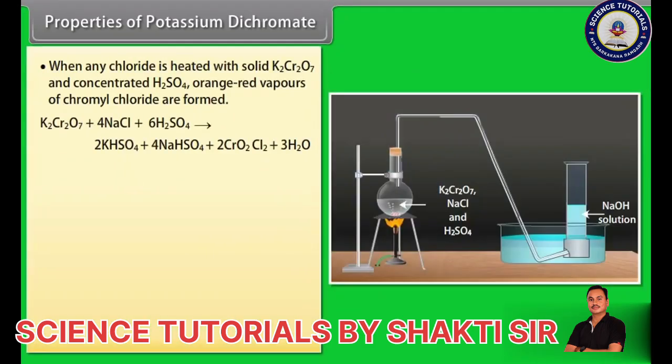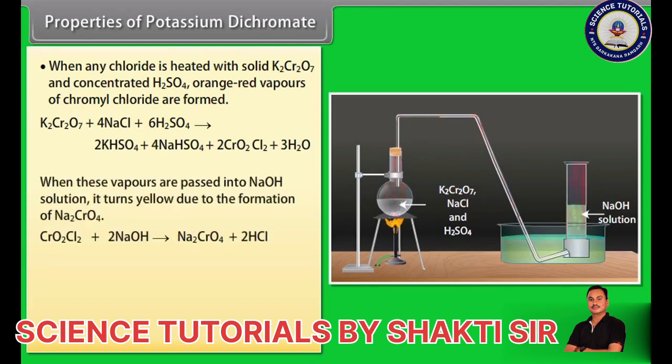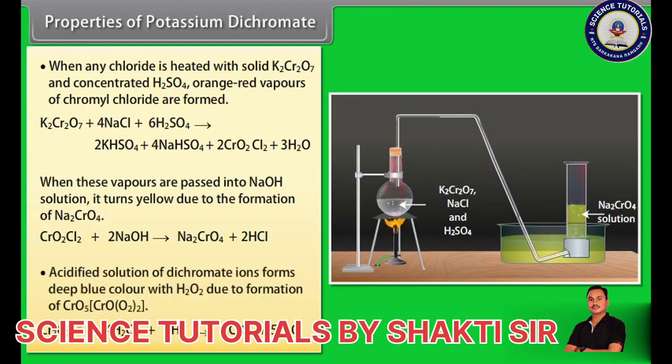When any chloride is heated with solid K2Cr2O7 and concentrated H2SO4, orange-red vapors of chromyl chloride are formed. When these vapors are passed into NaOH solution, it turns yellow due to the formation of Na2CrO4. Acidified solution of dichromate ions forms deep blue color with H2O2 due to formation of CrO5